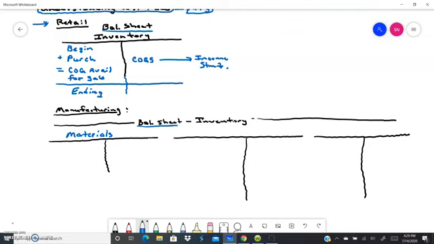Again, on our balance sheet, this would be an inventory account. So we have one inventory account, materials. And if you think about materials, the physical location that we can think about would be the storeroom. So we're going to have a separate area